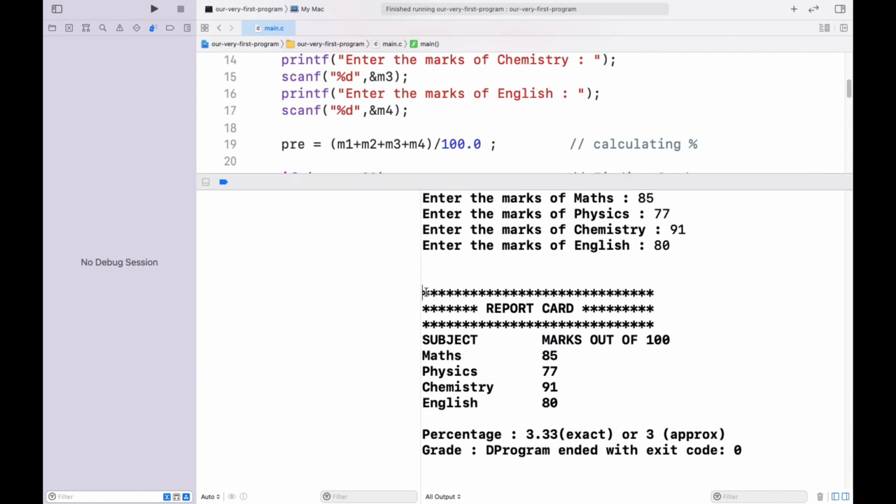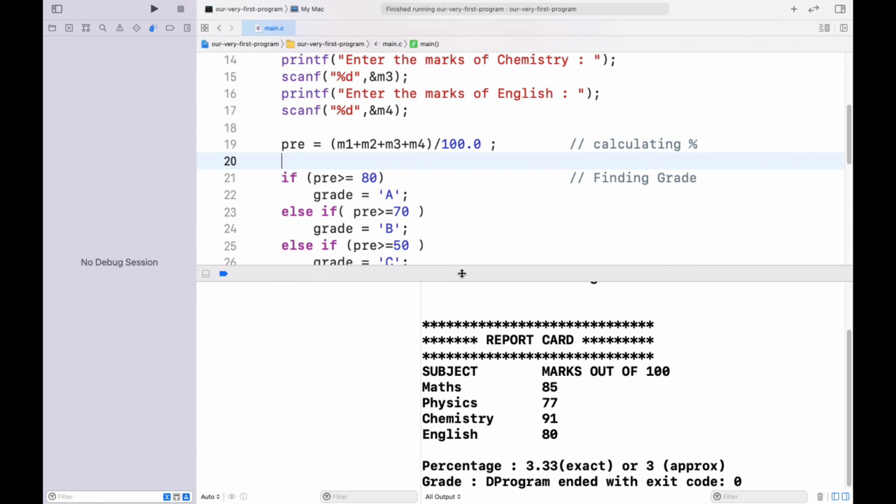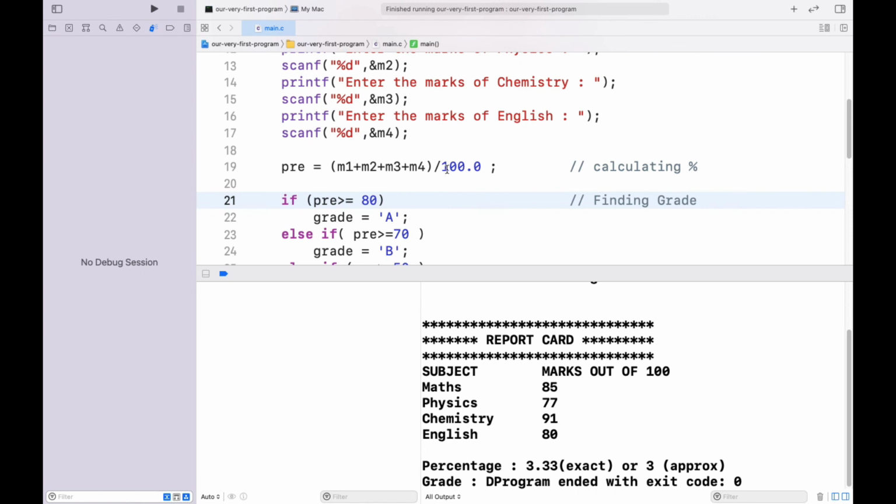So here we have a report card written and the subjects and marks out of 100. So we have mathematics 85, 77, 91, and percentage is 3.33. Okay, 3.33. It is not. So what is going on here?